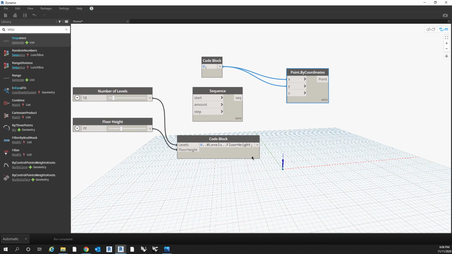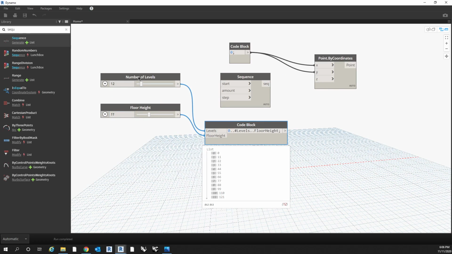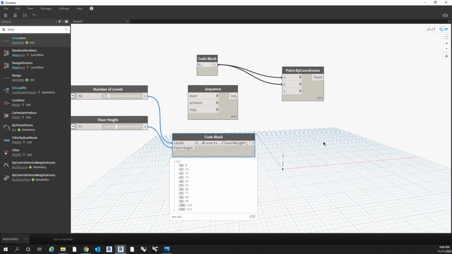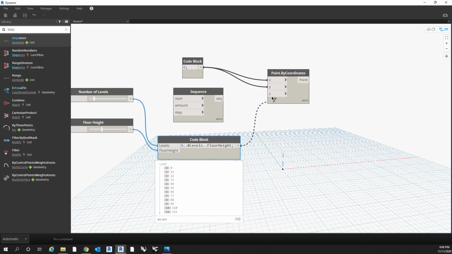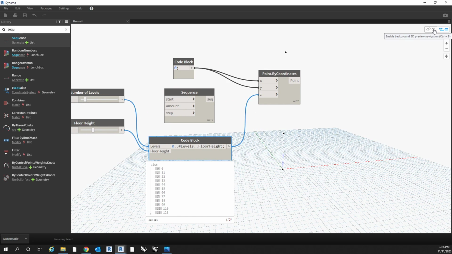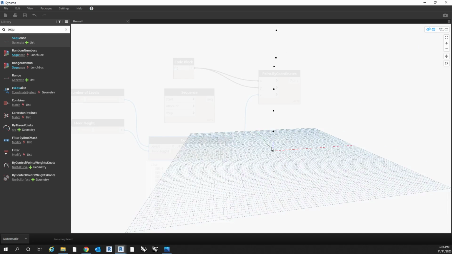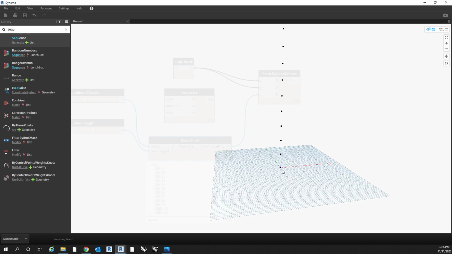But what we're going to do, right, so this has a list, and this is what we want, right? We want 12 levels, increasing by 11, and starting at 0, which is what this list gives us. So what we'll do is plug that into the Z, and I know the guys, or girls, all of y'all